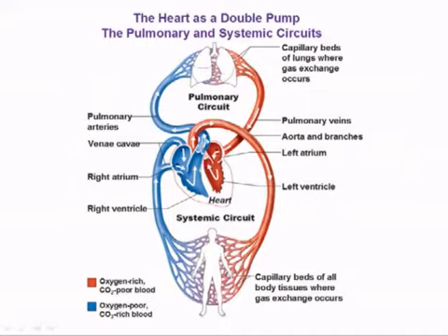So when it is connected to the lungs, we use the term pulmonary. So from the right ventricle through the pulmonary artery to the lungs, and from the lungs the oxygenated blood is coming to your left atrium. This circulation of blood we call pulmonary circulation. And then what do you mean by systemic circulation? Systemic circulation means